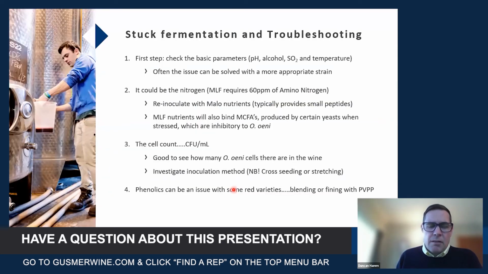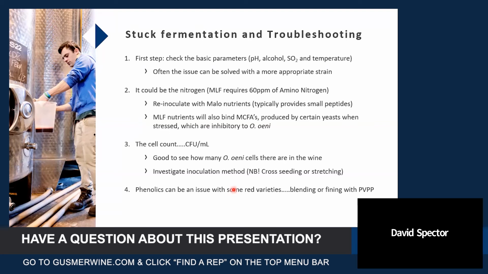So for the next few slides, I just want to look at troubleshooting and stuck fermentation. It's one area with my role in Australia I've been heavily involved with, talking to our customer base every year, usually around May or June, once the vintage is over, when there's stuck tanks. And so it's something we've been heavily involved in, and I think it's absolutely no different with Gusmer in the US. The Gusmer reps come across stuck fermentation all the time and can advise on the best ways to solve